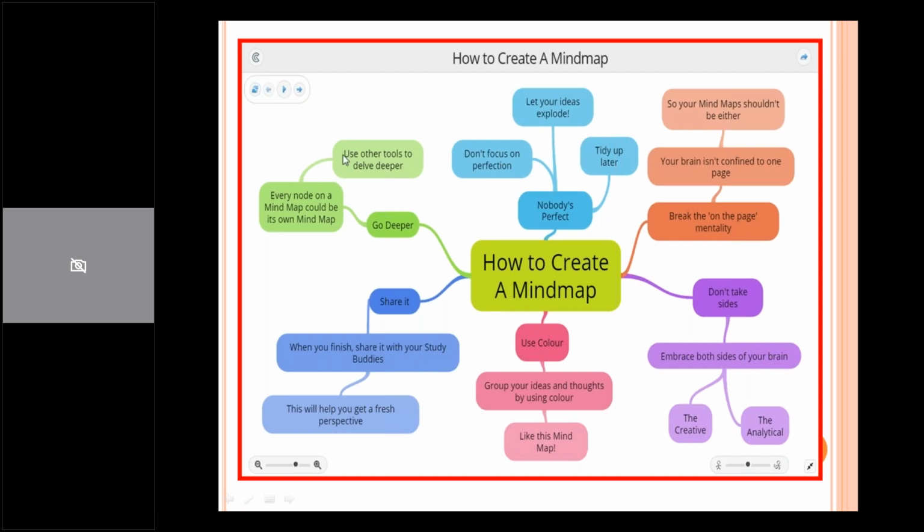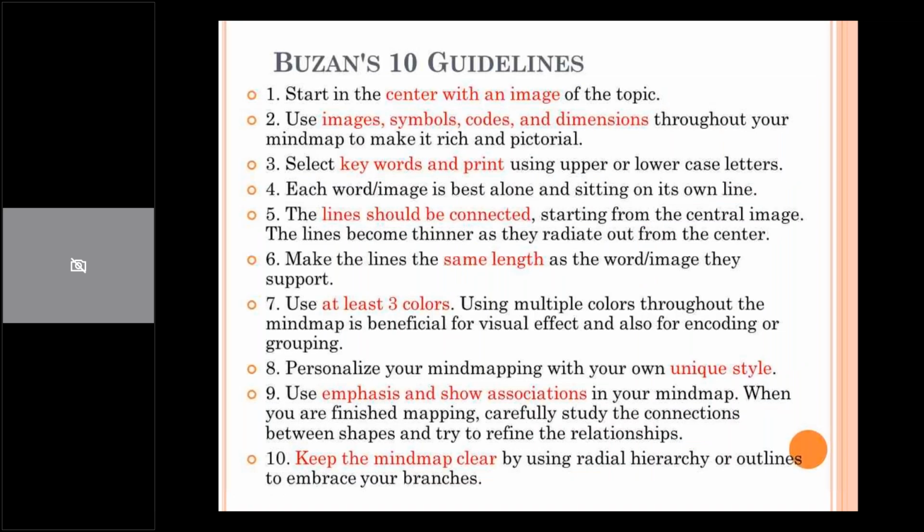In the past, please understand, when you're creating a mind map, you have a central idea, you have some branches, you have sub branches. Sometimes even a small node in any one of those sub branches also may be developed into a separate mind map. So you have all the provisions for that. And these are the Tony Buzan's 10 guidelines on how effectively you can create a mind map. I think we have discussed about all the 10 points in the earlier mind maps.